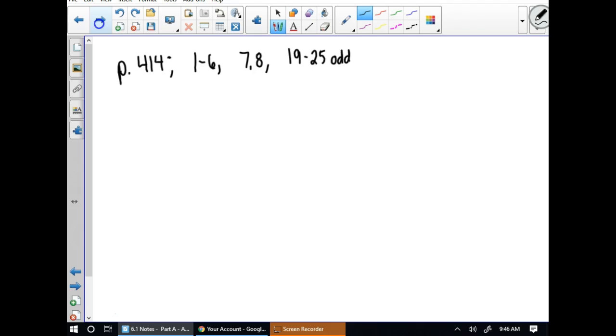Now, that sounds like a lot, but on 1 through 6, you're just setting up. So on 1 through 6, just set up the integral, do not solve it. So it should not take that long to do that part. 7 and 8, these are the ones where you're going to sketch the graph. And then 19 through 25 is where you actually find the